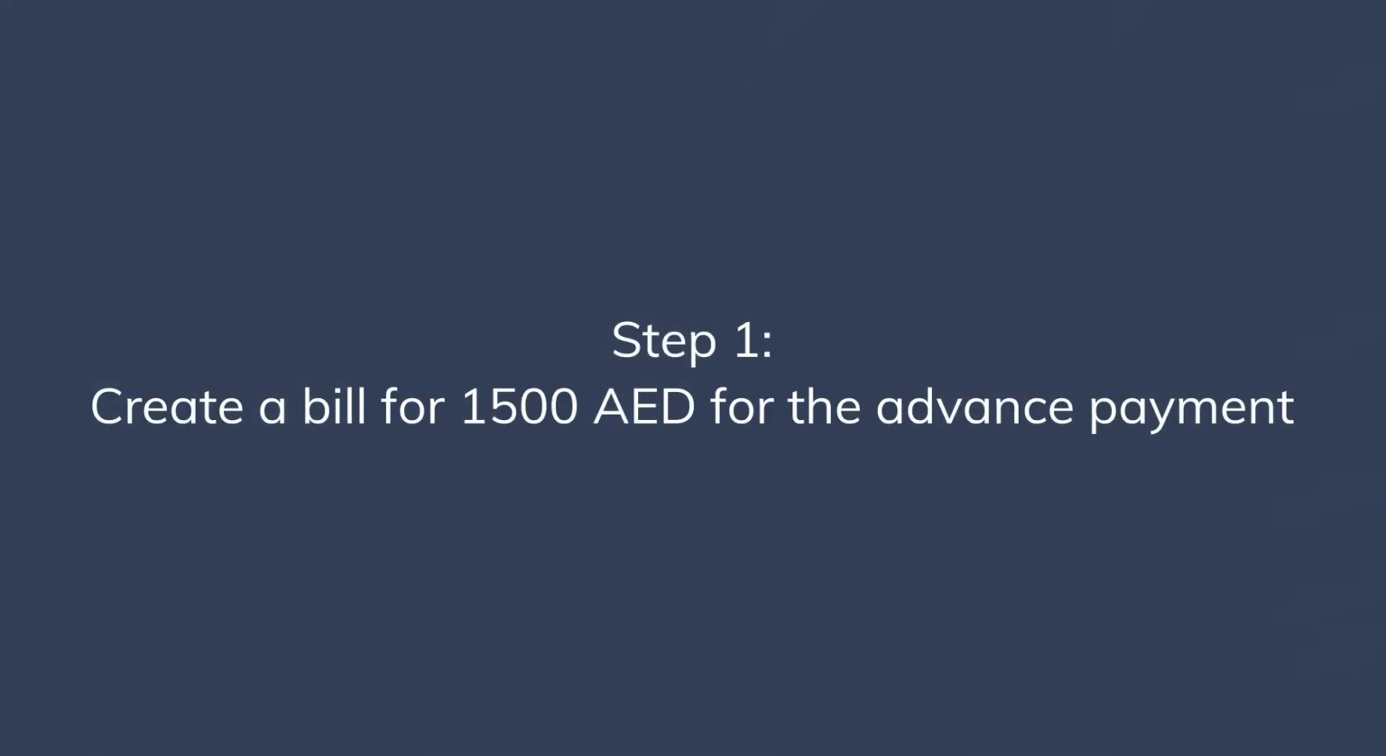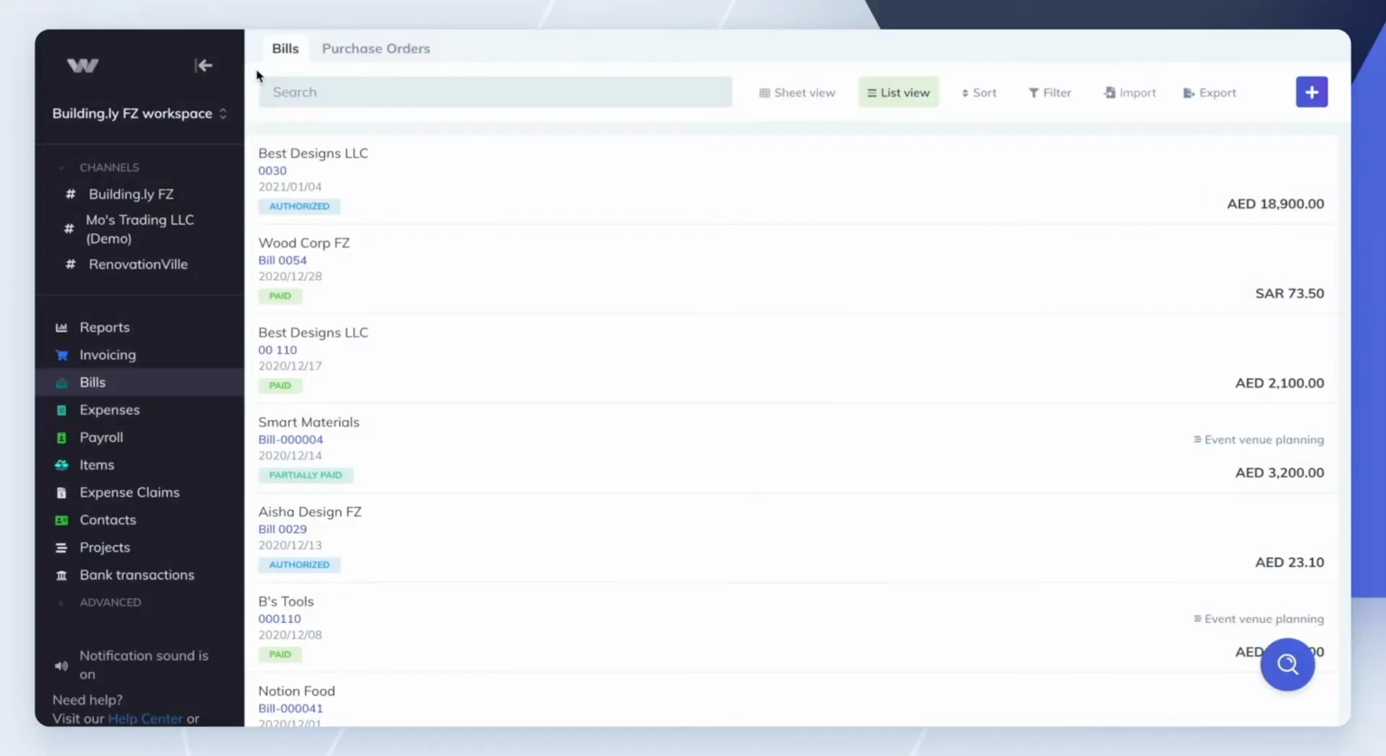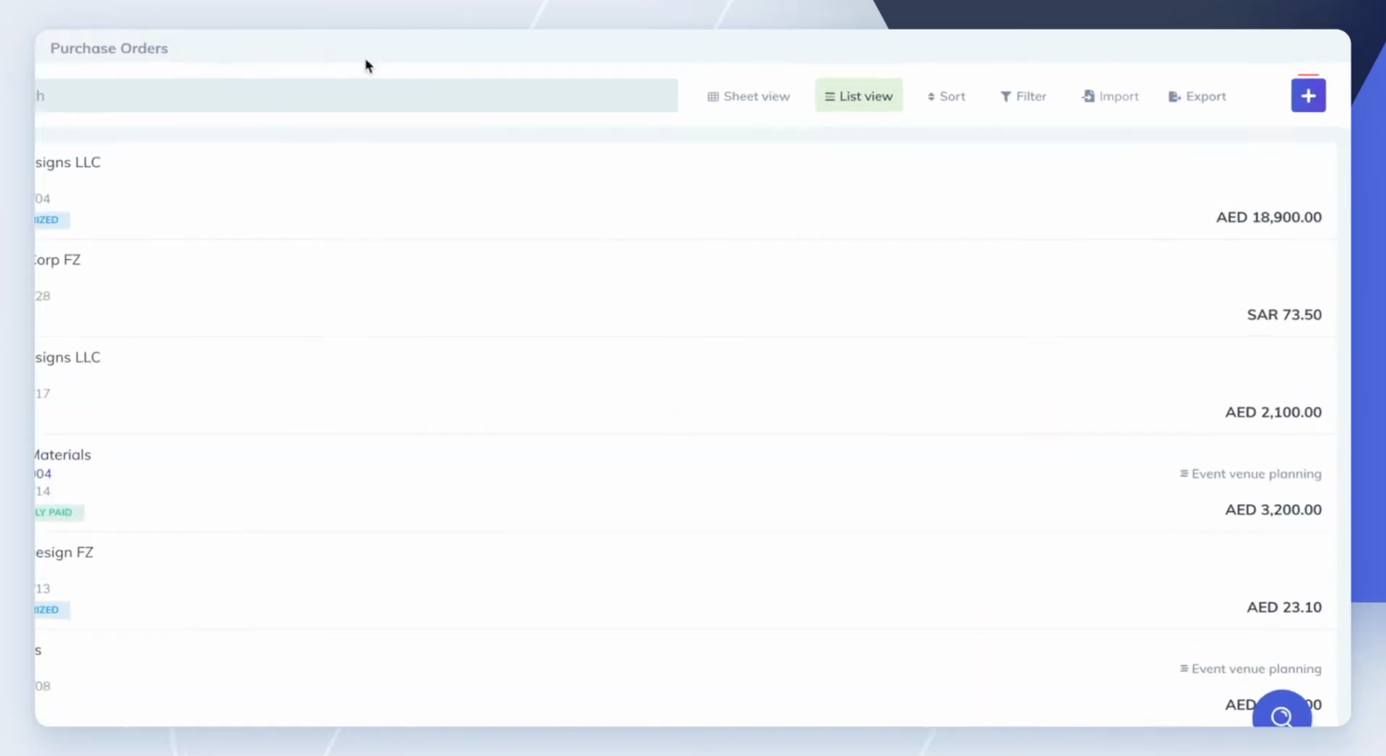Create a bill for 1,500 dirhams for the advance payment. When you receive an invoice from your supplier for the advance payment, you'll want to record it as a bill under the prepaid expenses account. To do that, go to Bills in the left side menu, then click on the plus button on the top